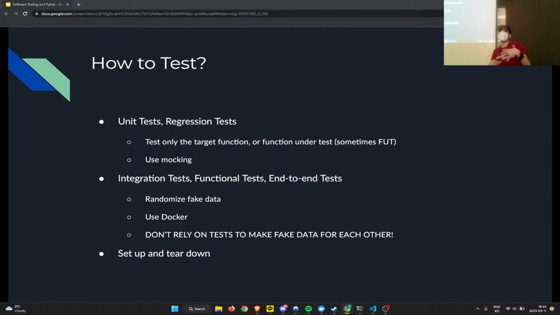But the reason for using Docker is that if you need to run your integration tests locally because you're trying to reproduce a problem, you can do that because you can install Docker on your notebook. You can set up all the services like your database, your message queue, maybe some other microservice, all with Docker, and run your integration tests. Everything works locally, just like in your CI or maybe even production if you're on Kubernetes.